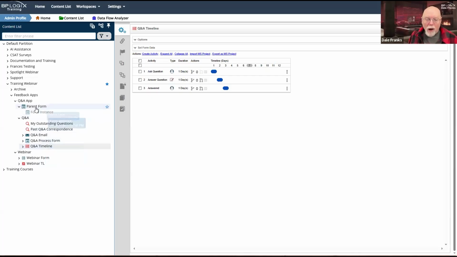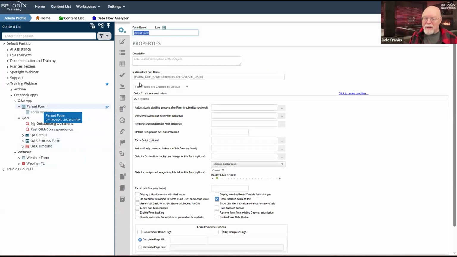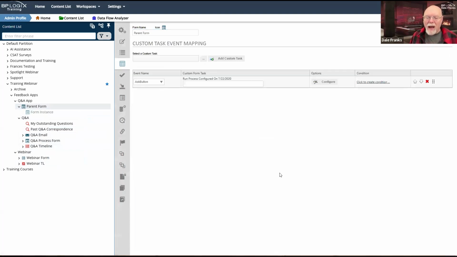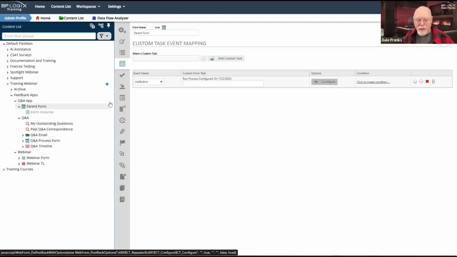So this is how it all runs. And the important piece of this starts off when you click that Ask a Question button, because that invokes the Run Process Custom task. We're going to run through the configuration on this real quick. Then I'm going to build this thing from scratch, and we'll get into the weeds about how all this works. And we'll talk about some different scenarios for how you want a feedback form to work.